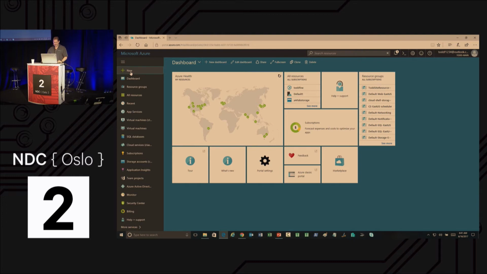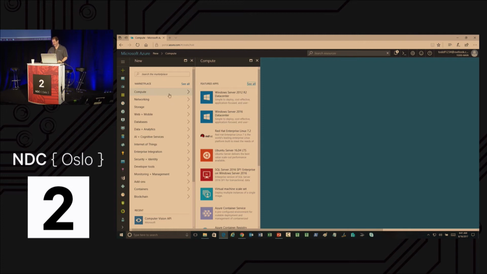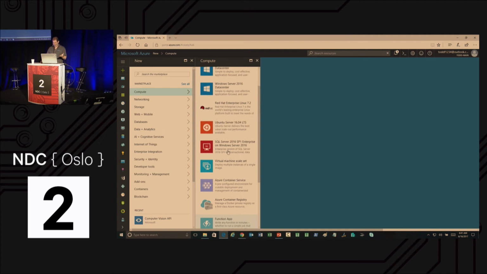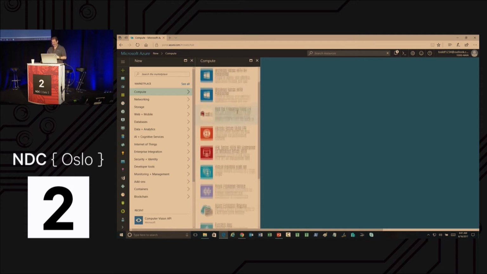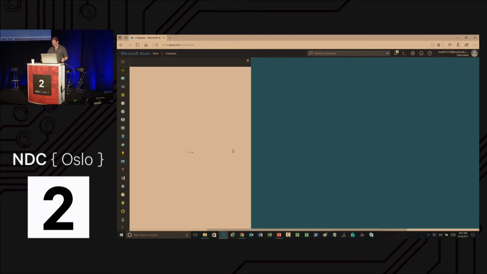The first thing we're going to do is create a new function app. So you go to New. This is the new Azure portal, or the current Azure portal, I should say. Compute, and usually down at the bottom, there's Function app. By the way, the other thing that happened once to me, you guys probably already know this, is one time I did this and it wasn't there. And the audience was helpful, and they said, hey, they don't include everything there. There's this new link, see all. And that's where it was. But it was always there, and then it wasn't, and it's the first thing I do. You know, I guess I shouldn't tell you all the ways I've screwed up all my previous presentations.